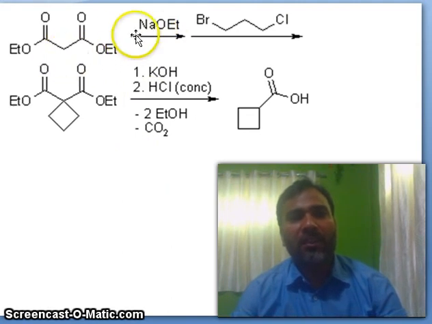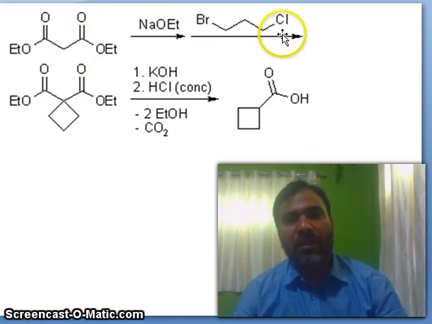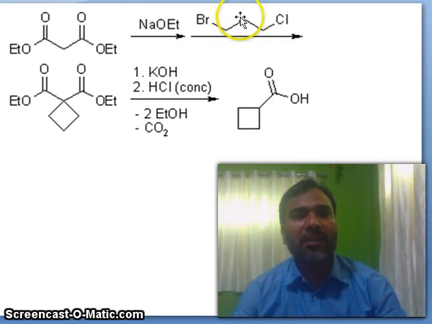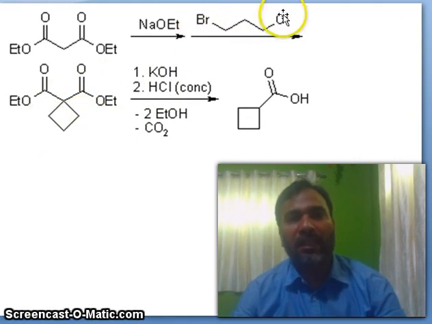Next, you see, react with the base, and this chloro and bromo disubstituted alkyl halide reacts at this center, forming a cyclized product, because 1, 2, 3 carbons are there. So with the 1, 2, 3 carbons, first it will attack here, and second, subsequently it will attack here. On further hydrolysis, COOEt becomes COOH, and on heating, carbon dioxide is removed and this carboxylic acid will form.